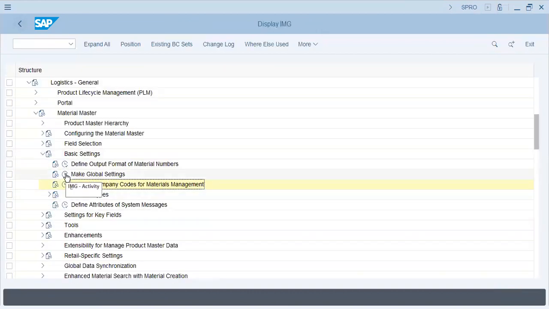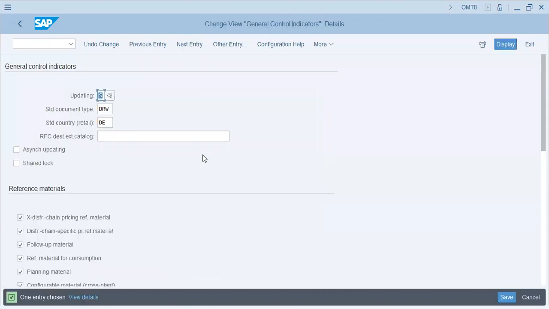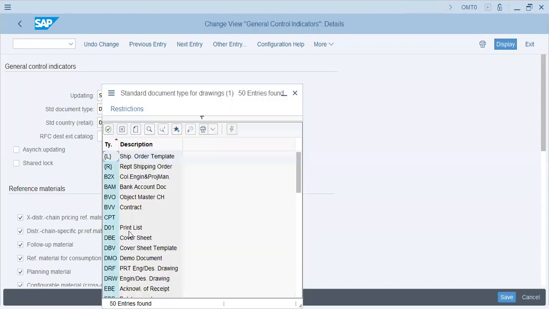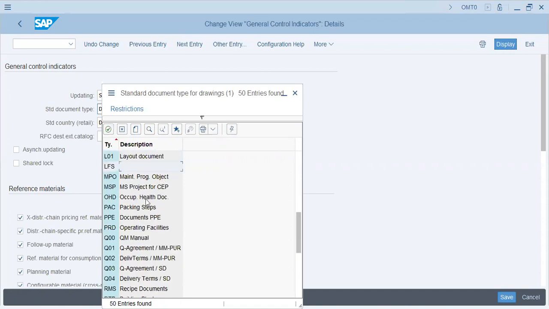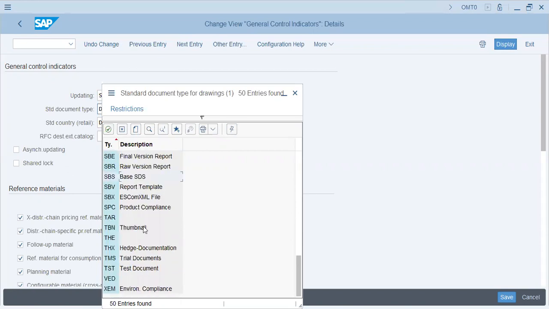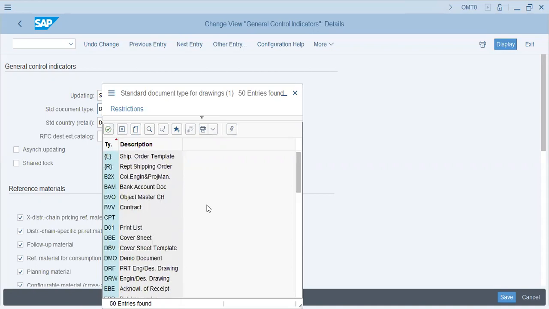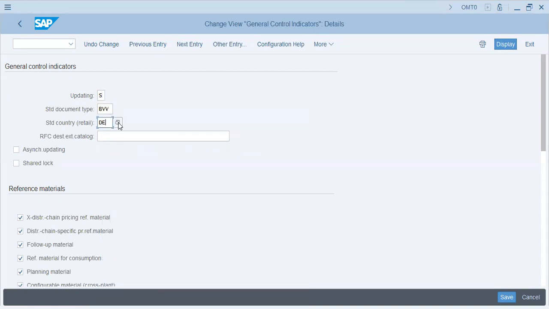Next is global settings. Document type D, R, and W. There are many others. DRW is engineering design drawing. CPT is a document type for layout documents. Maintain programming object documents: final version, raw version, base SDS, hedge document, file documents, environment compliance. These are document types as per our material types. You can use this standard country for retail, we'll say